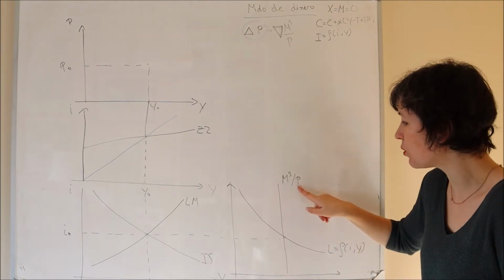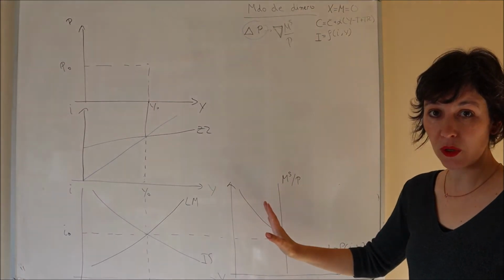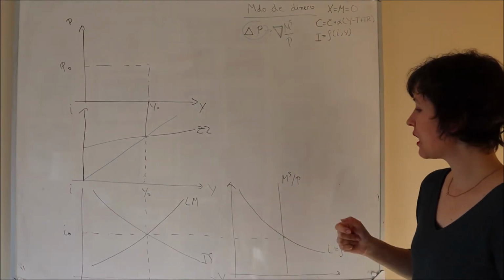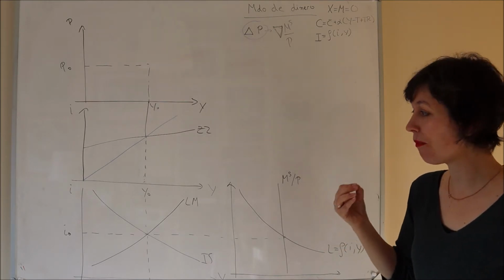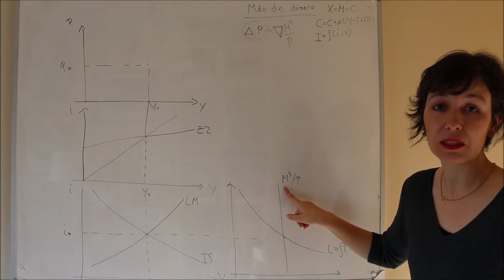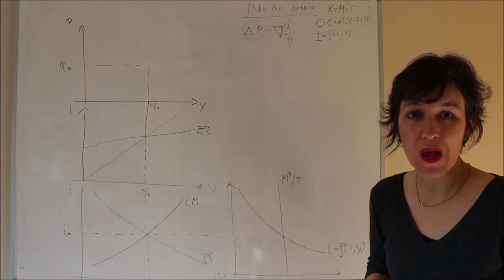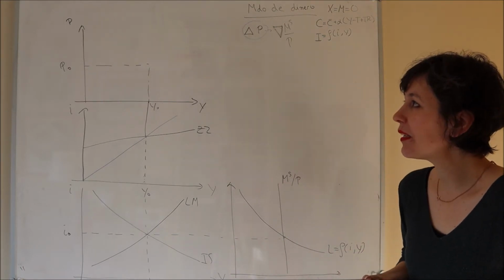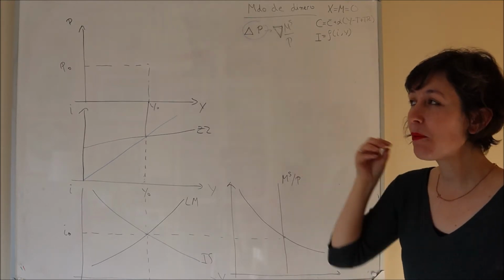So if prices increase, the real money supply is going to decrease, but the central bank instantaneously increases the money supply to compensate and go back to the same interest rate as before. And that means we are not going to see any effect in the aggregate demand,